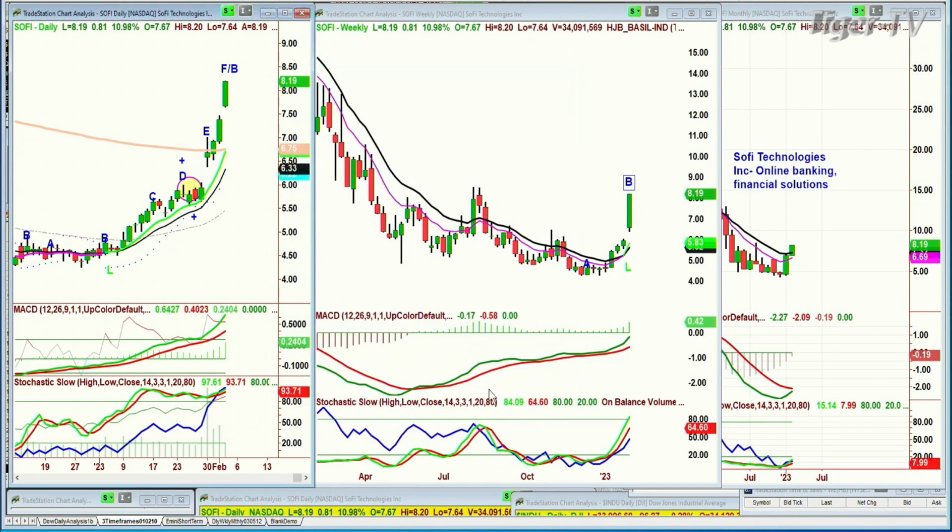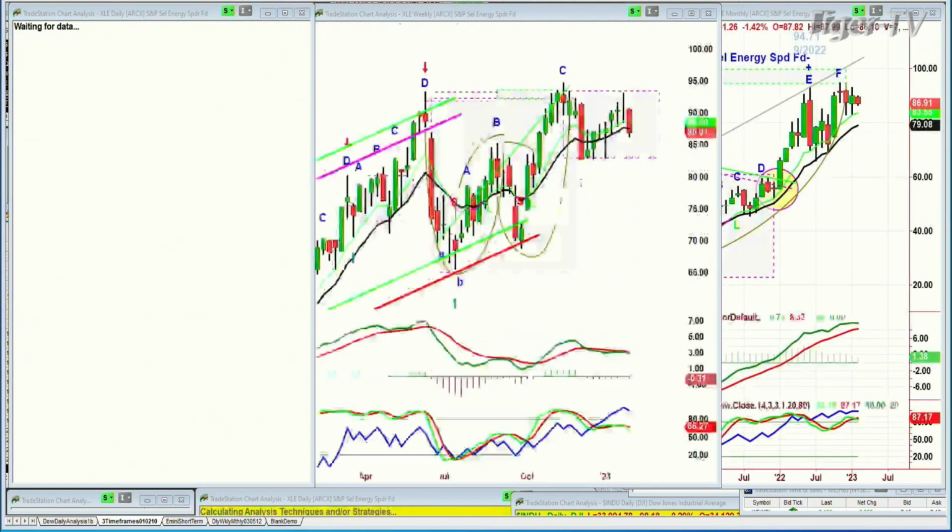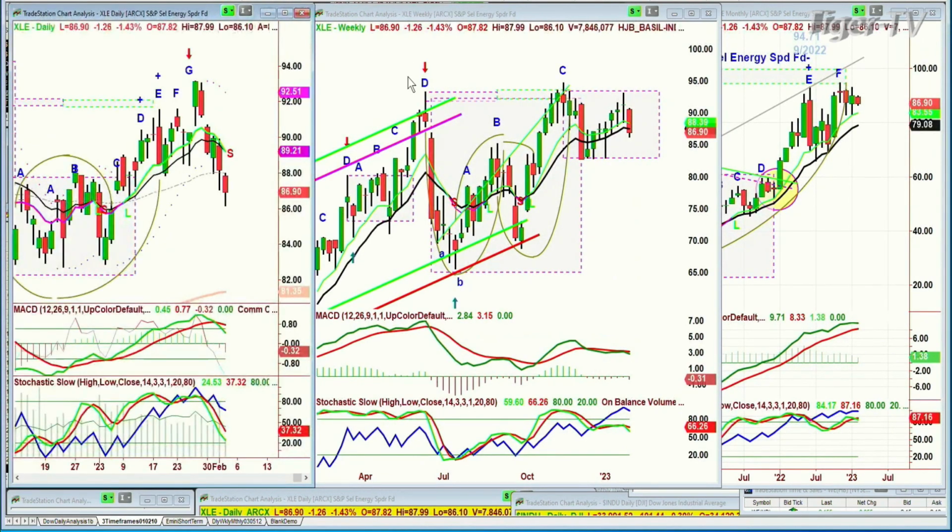Question came in. Oh, I didn't look at that. Basil, XLE today closed a gap from 1.5. Thoughts going forward? Thanks. So I've been talking about the XLE as being in a consolidation phase. Let's just see where it is today. Today it is down 1.26. It made a peak G. Remember, I put this in as a G and I said, I call it a Chapman wave instant restart because